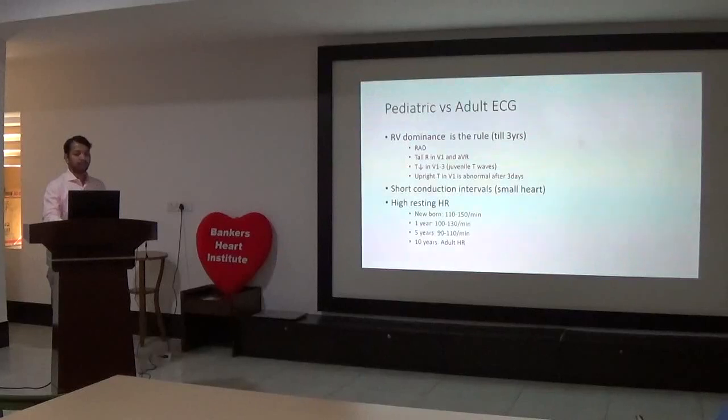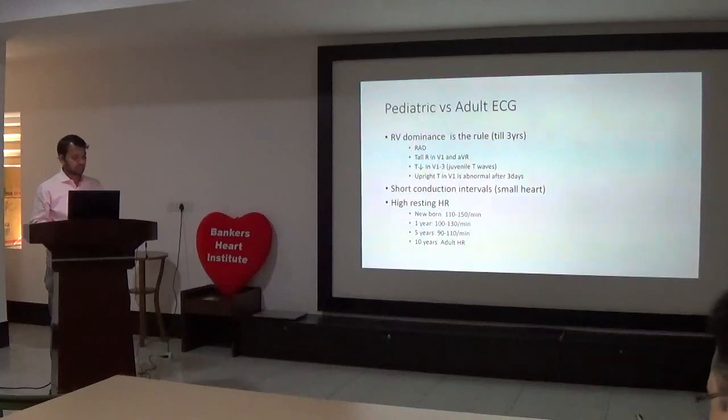What is the difference between pediatric and adult ECG? RV dominance is the rule till 3 years of age in pediatric ECG. Normal pediatric ECG has right axis deviation, tall R waves in V1 and aVR, T inversion in V1 to V3, that is juvenile T waves. Upright T waves in V1 are abnormal after 3 days,